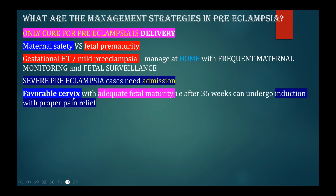And if the patient has a favorable cervix, which means the cervix is dilating, and the fetus is well matured beyond 36 weeks, then we can try a normal vaginal delivery by inducing labor. But without labor analgesia, it should not be done because that can increase the blood pressure. So with proper pain relief and with no other obstetric contraindication like cephalopelvic disproportion, and a favorable cervix,